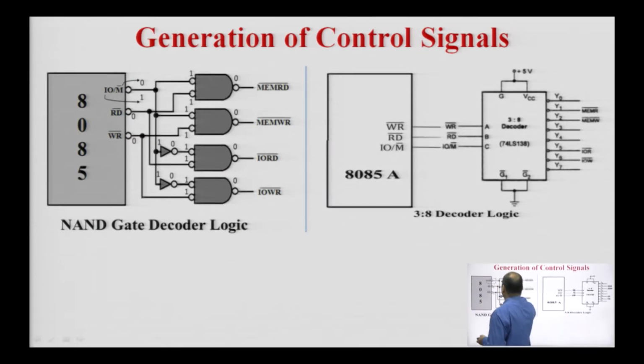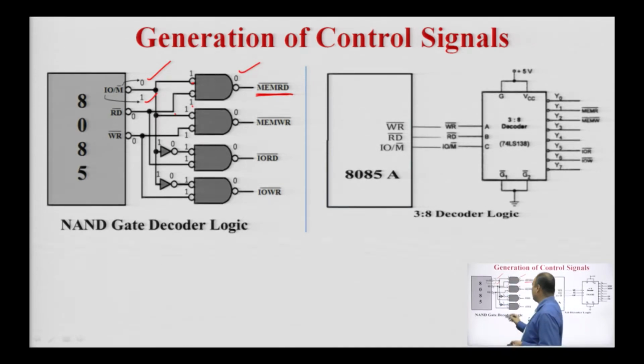When the operation is memory related, the logic on this signal is 0; for input output related operation the logic on this signal is 1. So, for memory read operation, the logic applied is 0 and it comes here. After the inverter it becomes 1, and the read control signal, that is 0, after the inverter becomes 1. So the input to this NAND gate is 1 1, and if we apply this 1 1 input to NAND gate, the output is 0, which is the memory read active low control signal.